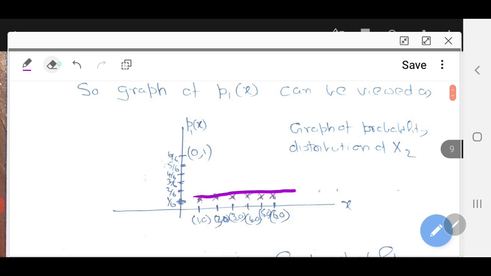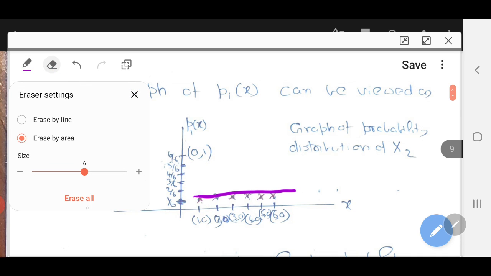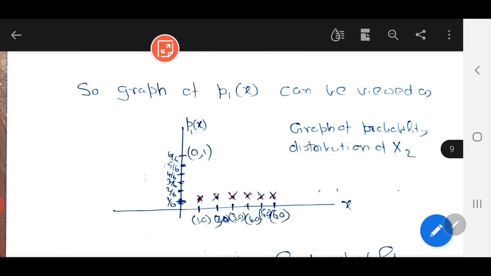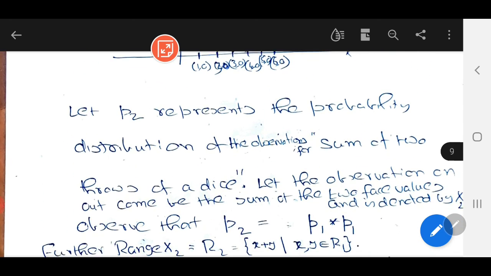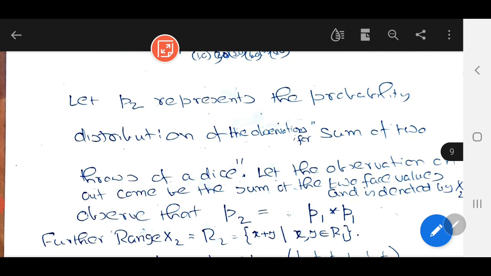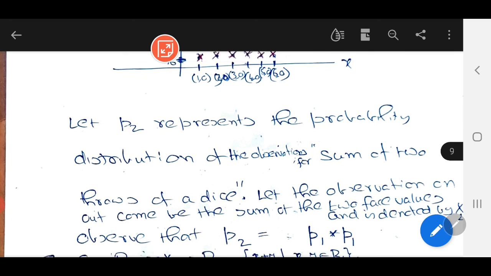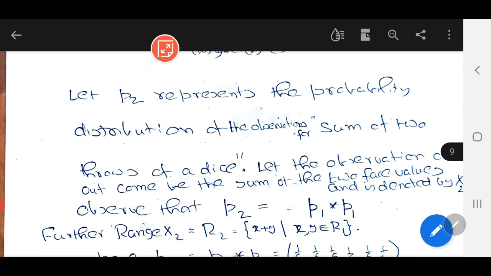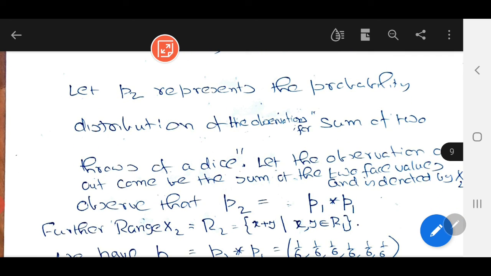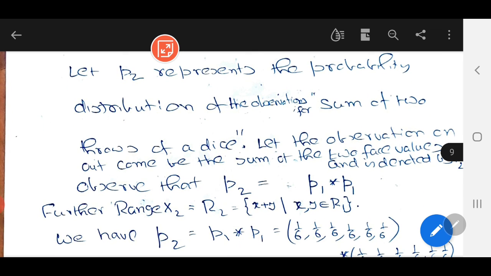Now, let P2 represent the probability distribution of the observations for the sum of two throws. So now we are throwing a dice twice. And what is our outcome space? Now see, your sample space consists of